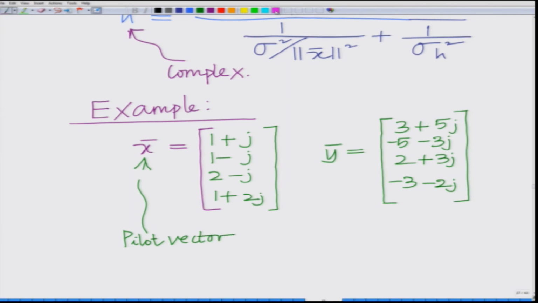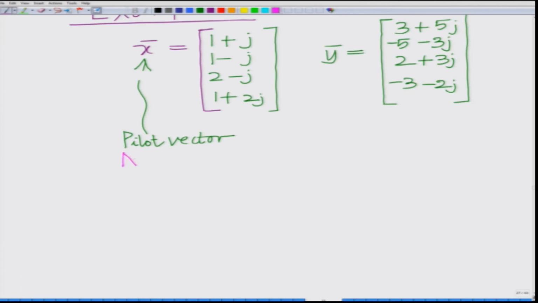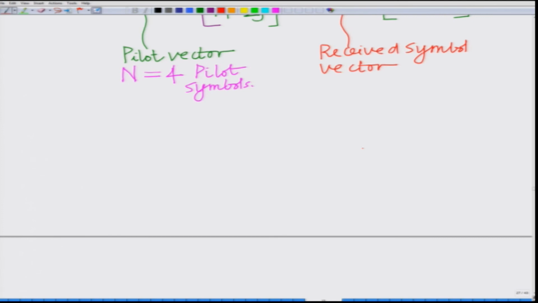And you can clearly see the pilot vector is 4 cross 1, which implies there are n equal to 4 pilot symbols. Okay. Now, y bar corresponds to the received symbols; this is the vector of received symbols. Therefore, we have